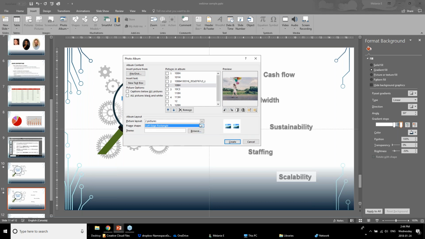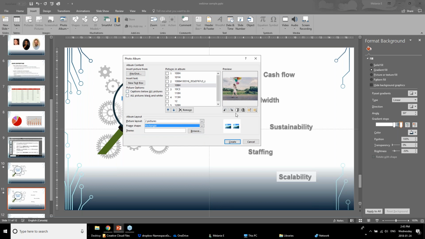I could do a soft edge rectangle. I could do center. Now I can't get into the fancy stuff like circles, but I can do rectangles. I can even pick a theme. If you've already preset a theme in advance, you could find it, and this would save you a bit of time and effort. So if you created your master slide and saved it as a template, then you could go in here and grab it, so that when it generated this photo album, you wouldn't have to work on the branding on the master slides again. You can also make some choices in terms of all the pictures being black and white,